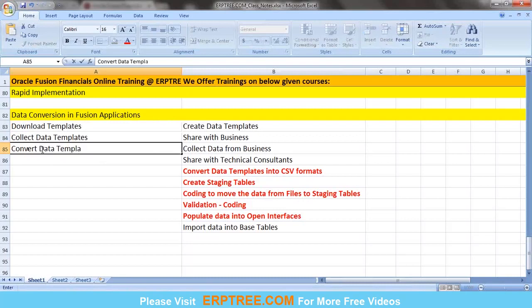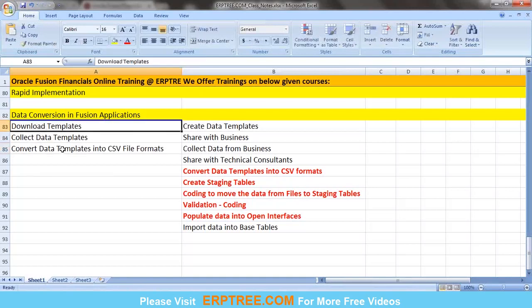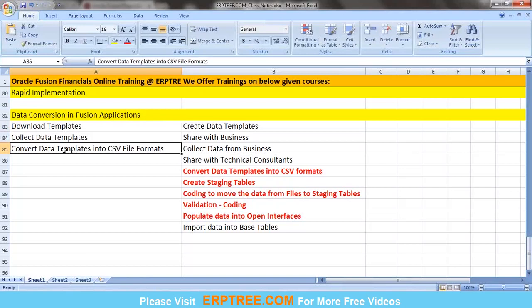the data templates into CSV file formats. It's very simple. Within the template you download from the Oracle website, you will have one option called convert into CSV. Once you click on that, it will automatically convert into the CSV file format. It will take it into a zip file. Once it is converted,